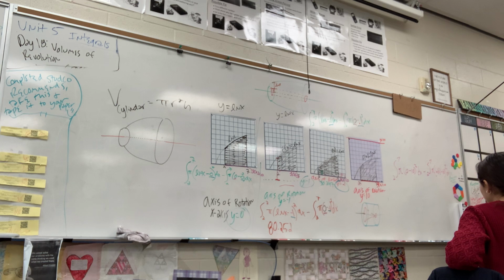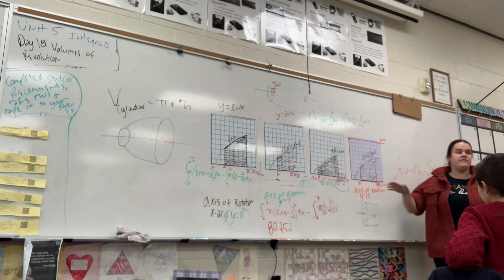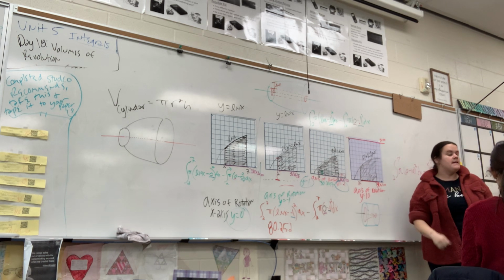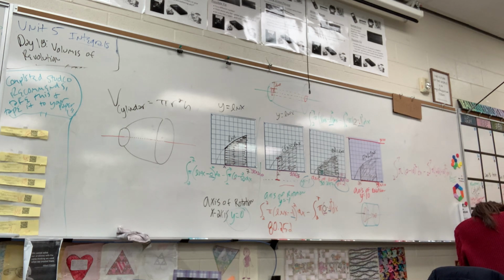You with me? Now, if you had done 10 minus ln of x, it makes more sense in your head that way, because you're thinking, oh, the 10 is above, that's fine, right? But because it's squared, it won't matter. You with me? But the key part of this, guys, is the 0, the g of x,